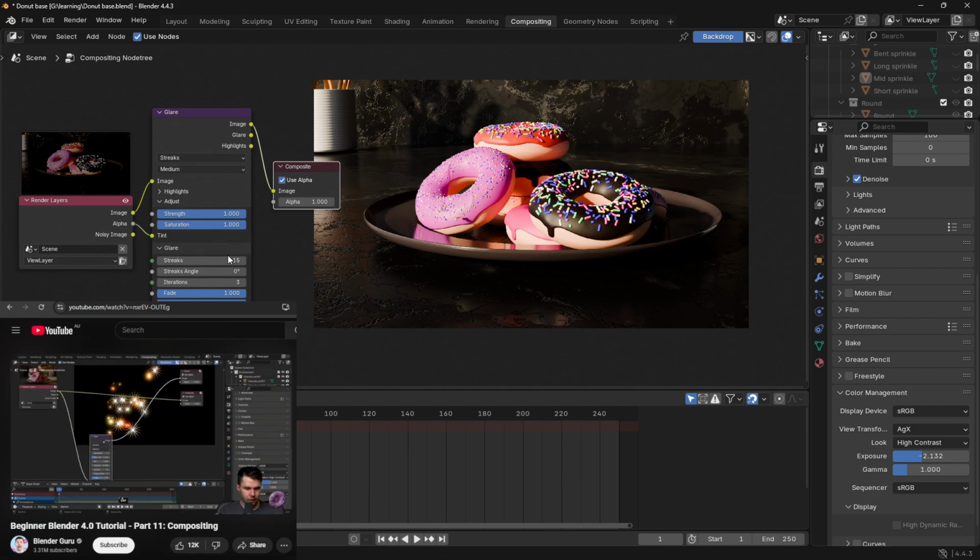So I'm going to hit Control-Shift-D, and that's going to